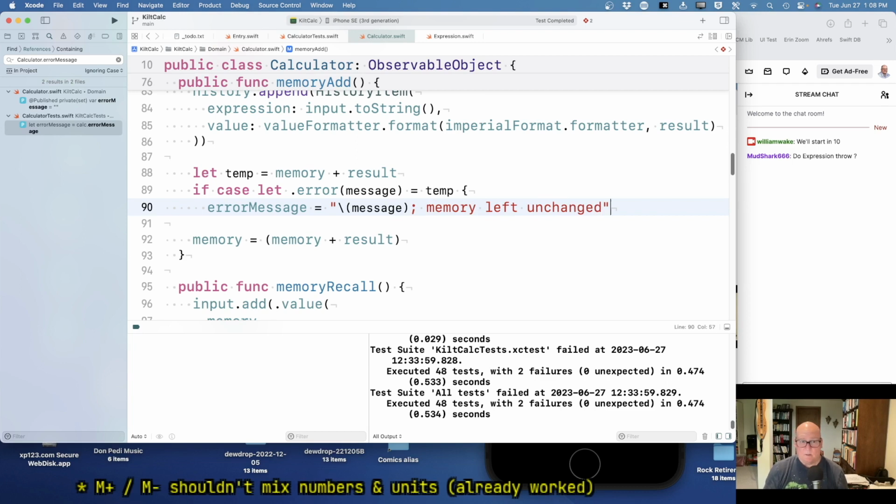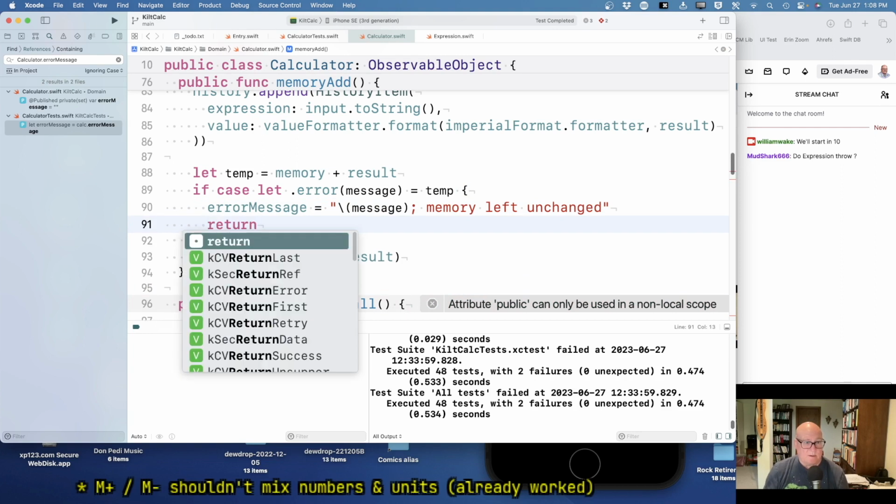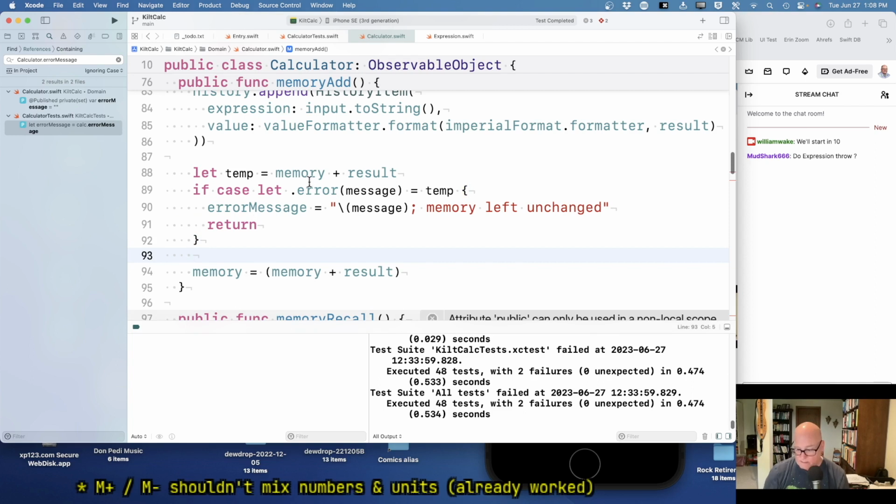Okay, so whatever problem we had, we're not doing anything about it. All right, and then this will do a return. Okay, and otherwise,